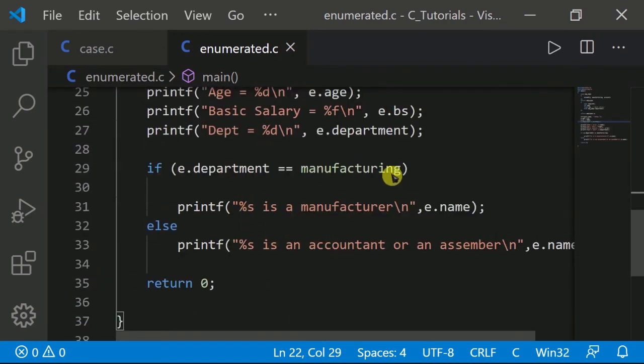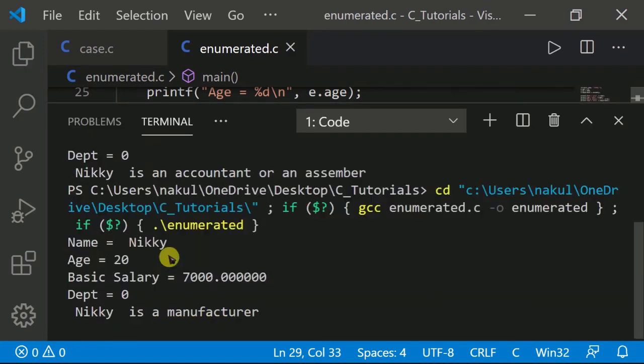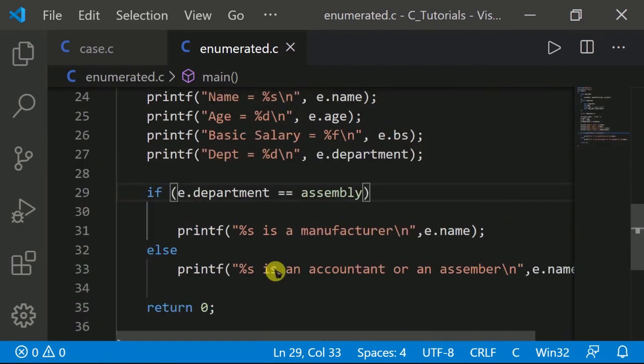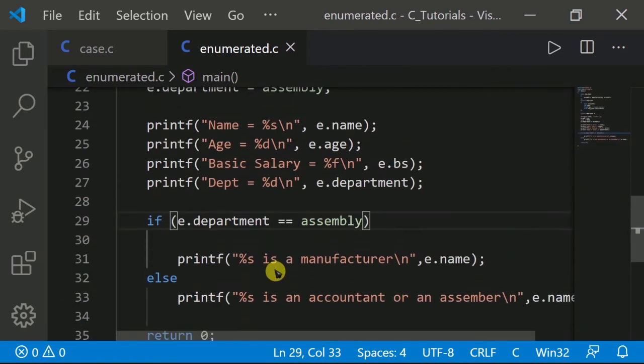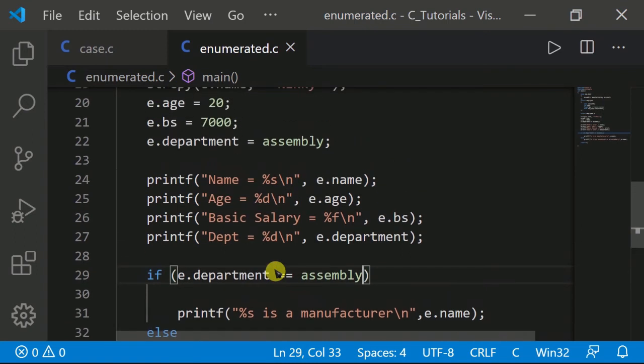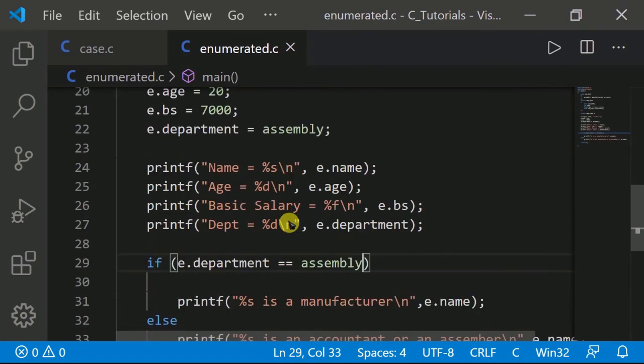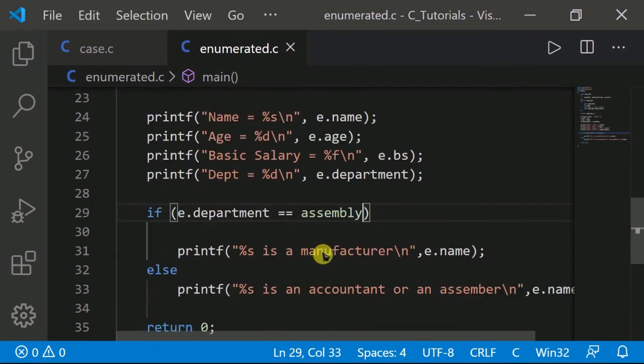If e department equal to manufacturing, if I print assembly here, now it prints 1, department, oh sorry, assembly, manufacturer.